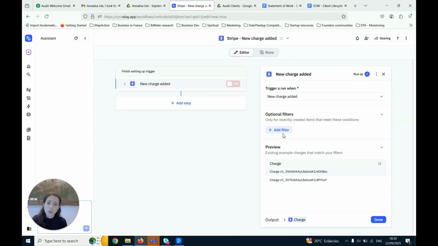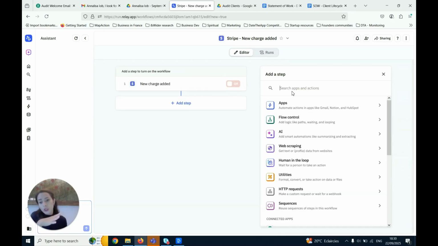I might also in time use optional filters because that might help me select a particular service. So I might have different onboarding flows for different services, for example. So when a new charge is added, the workflow starts to run, okay? So great. The first thing we want to do is that when a new charge is added, so when somebody pays, then we want them to be added to our list on Brevo, on our CRM,